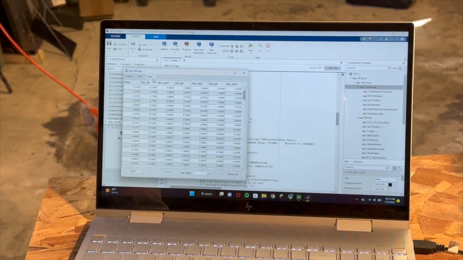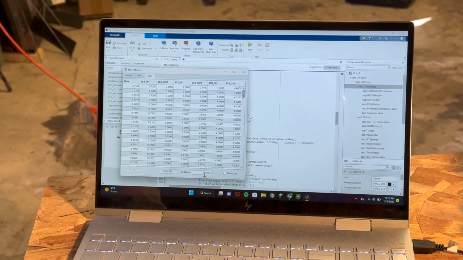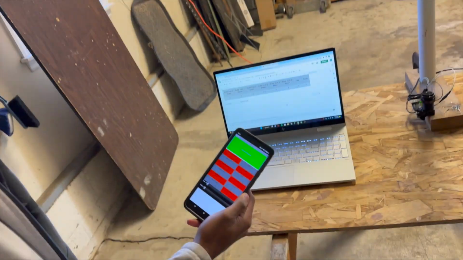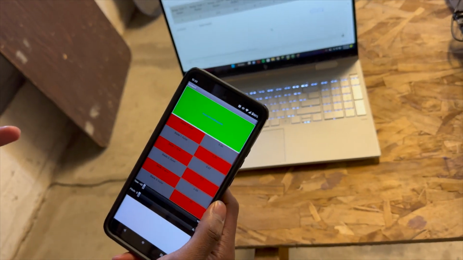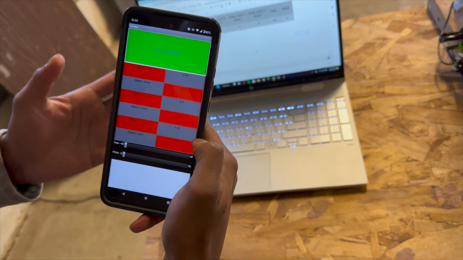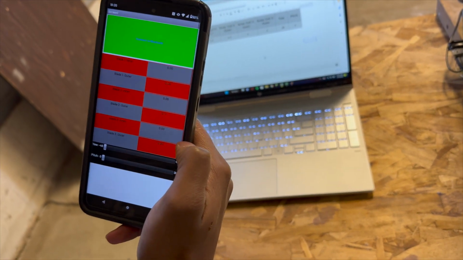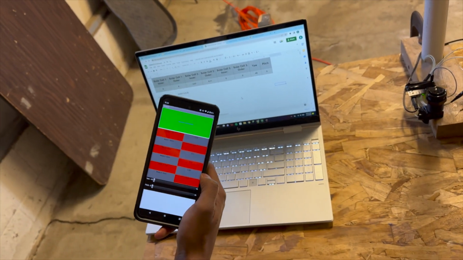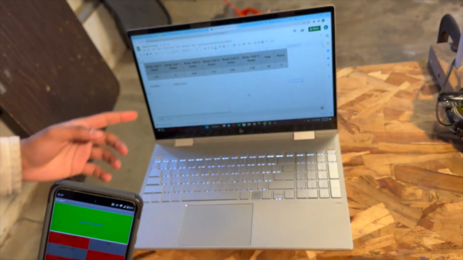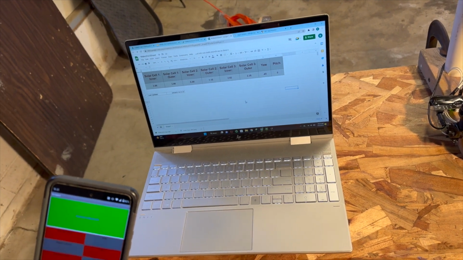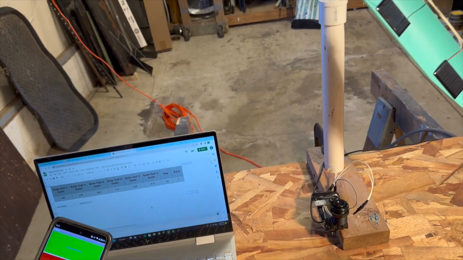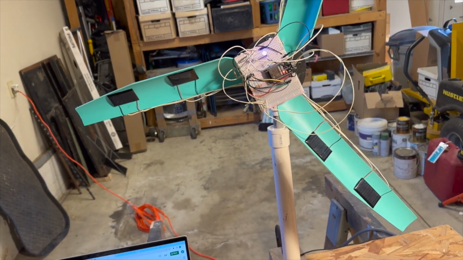Once we're done, we can come back over here and click quit. We can type in whatever we want our Excel file name to be, click export, and that'll be our data. Here we have a little app that helps us see the data a little bit better and quicker. On here, we have every single solar panel as well as their voltage values. Right now, they're pretty low because we don't have the shop light on. Once we switch that on, you'll see that all the voltage values spike pretty well. This app also connects straight to this Google Sheet, so we'll have a QR code up where you can monitor this at your own home. And again, we can control yaw and pitch just from the app, and that changes the LED on the